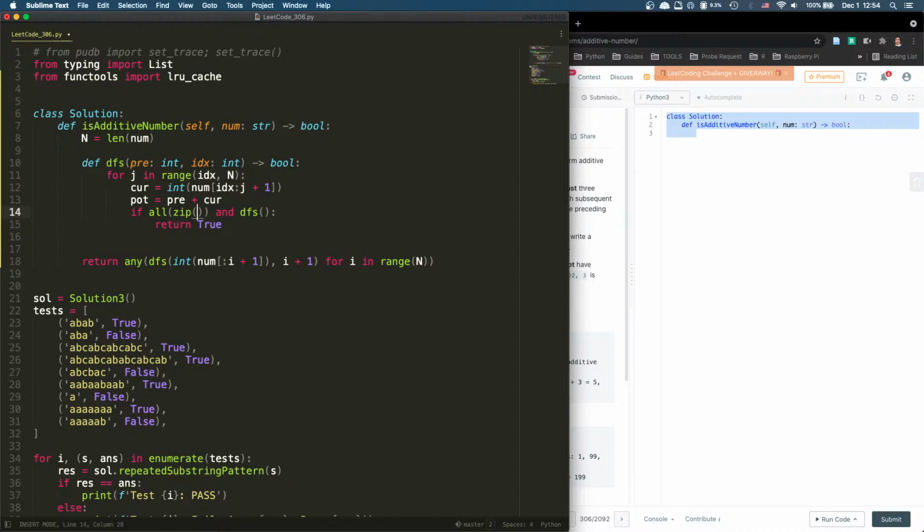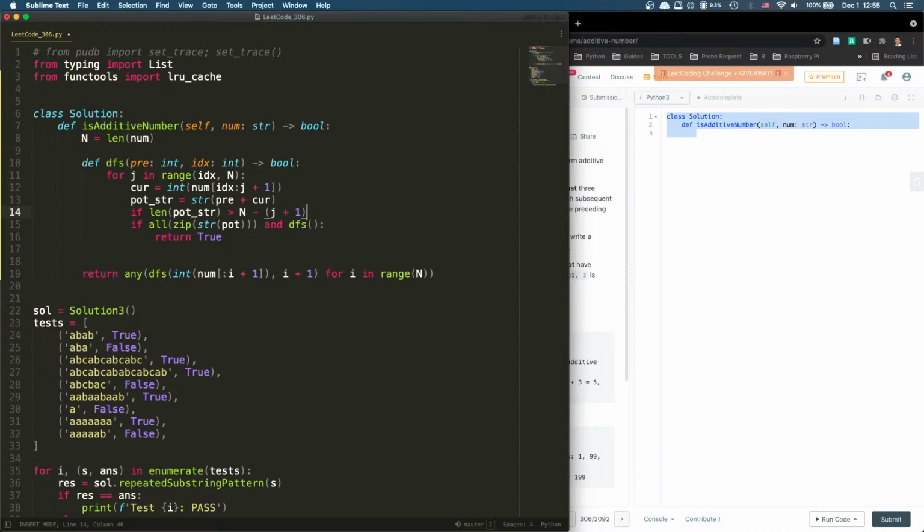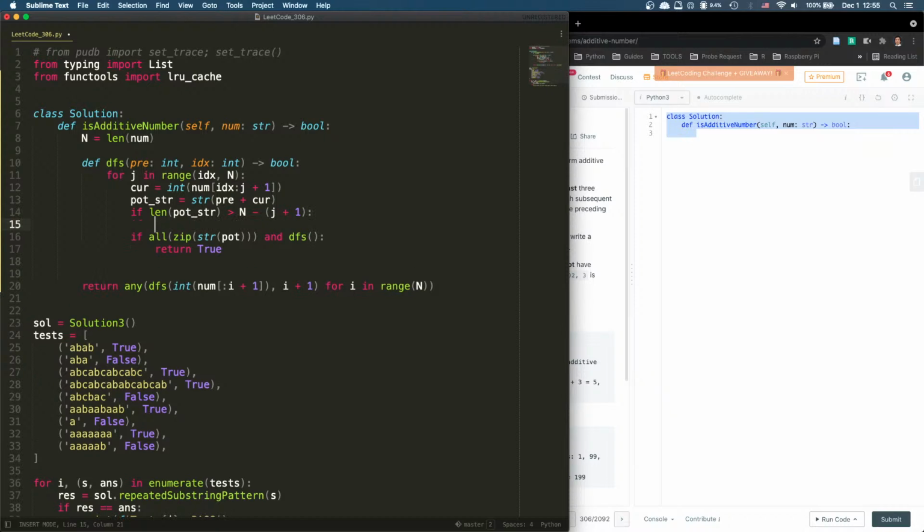So we say if len potential is larger, right? More digits than the remaining. What is remaining? Remaining is n minus j plus 1, right? Because I am looking from index to j, so it's from j plus 1 all the way to the end. So it's going to be n minus 1 minus j plus 1 plus 1. So it's n minus this. If this is larger, then we simply break. We don't have to do it anymore. Otherwise,